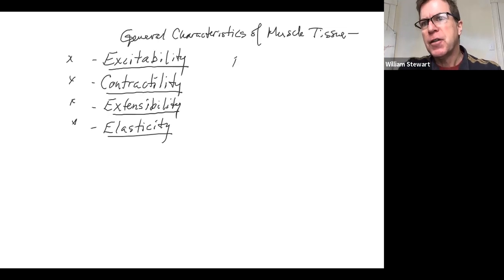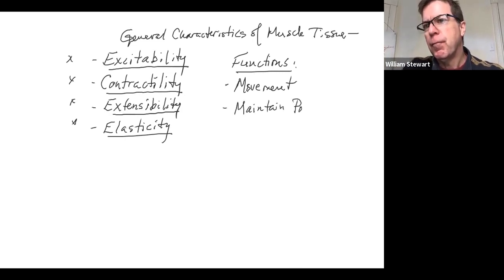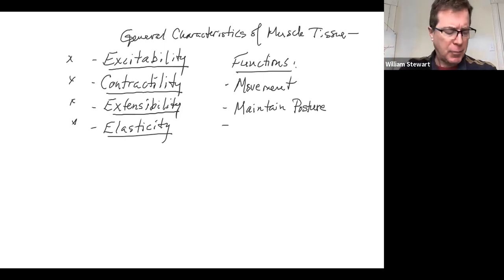And general functions of muscles in general are: muscle tissue produces movement in the body. That's its main function, but there are others as well. Especially skeletal muscles help maintain posture. So we get movement, we get the maintenance of posture,